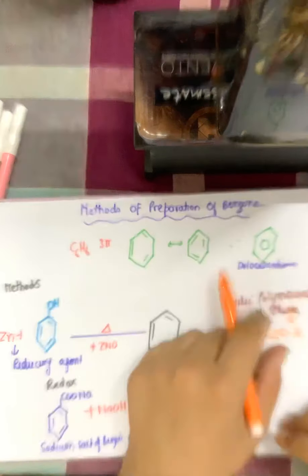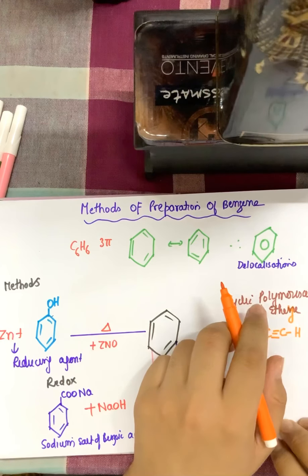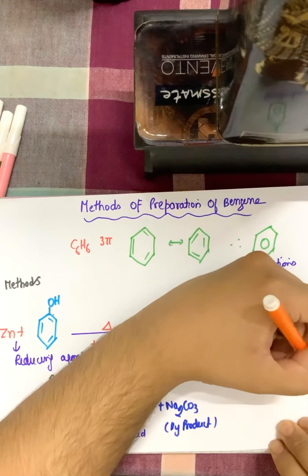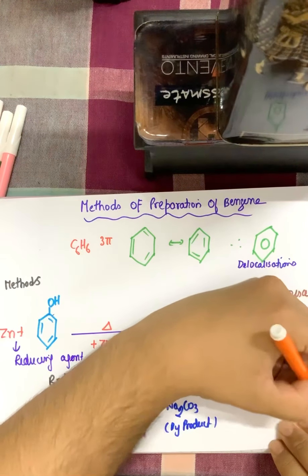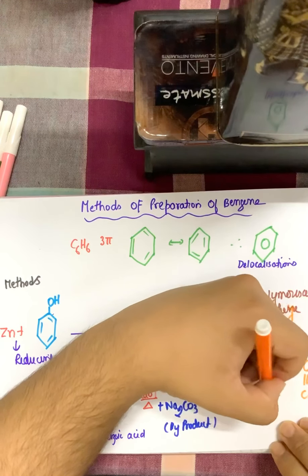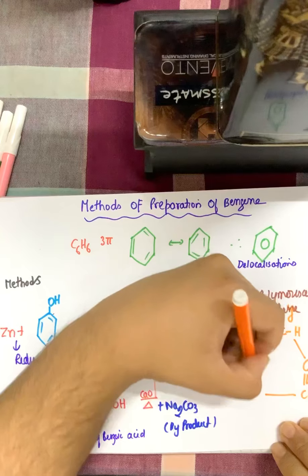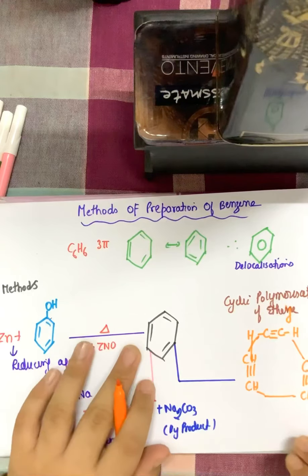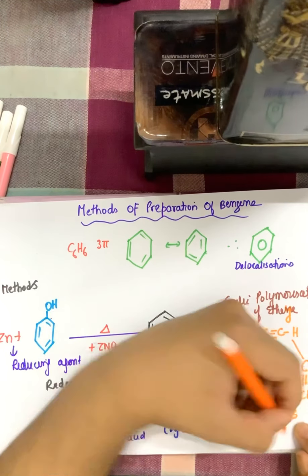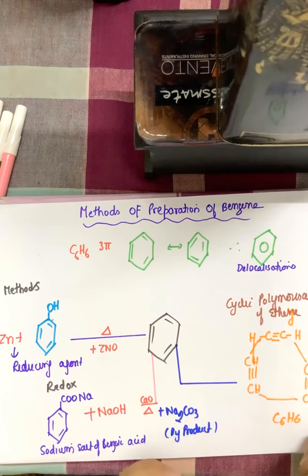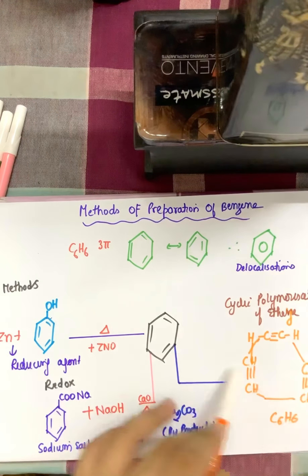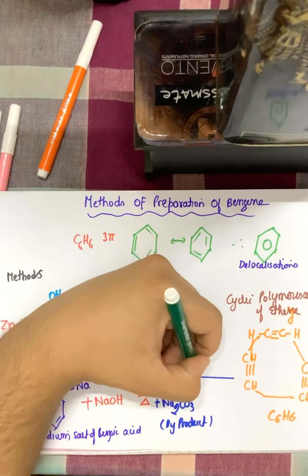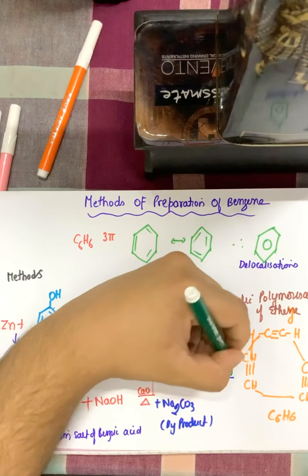Fine. And now this ethyne will form a polymer. So this ethyne, 3 of these ethynes, 3 2s are 6 carbons, will form a polymer, CH triple bond CH, and one more will be formed in the same way, which will be having CH triple bond CH. Okay. And this polymer will acquire the structure of benzene, and the formula will be C6H6, so it will lead to formation of benzene. Now the condition for the formation of benzene from cyclic polymerization of ethyne is that we pass it under a red hot iron tube. A red hot tube which is containing iron.